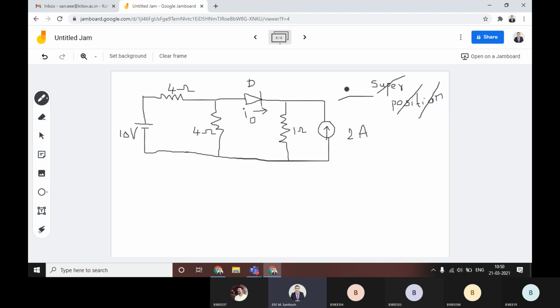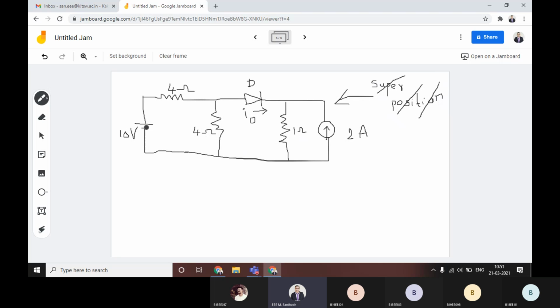in this particular circuit. What we have to apply then? Simply you can apply source transformation here, so that it will be easy to calculate the current through this diode. What is the current flow through that diode, if you want to calculate? You can't apply superposition theorem. Why? Because there is a diode. For that reason we can't apply.